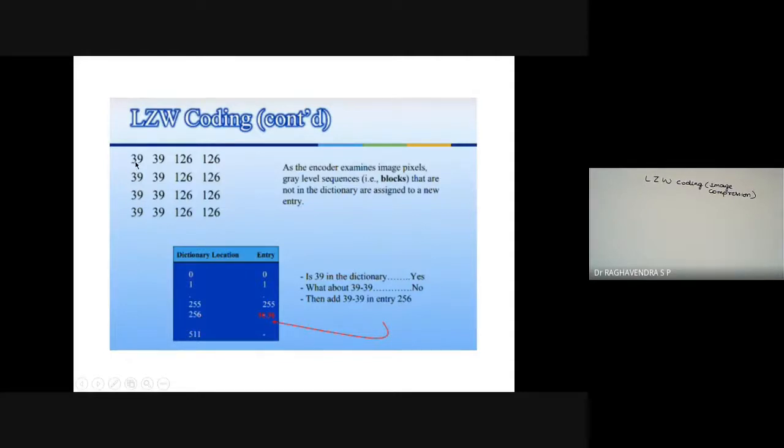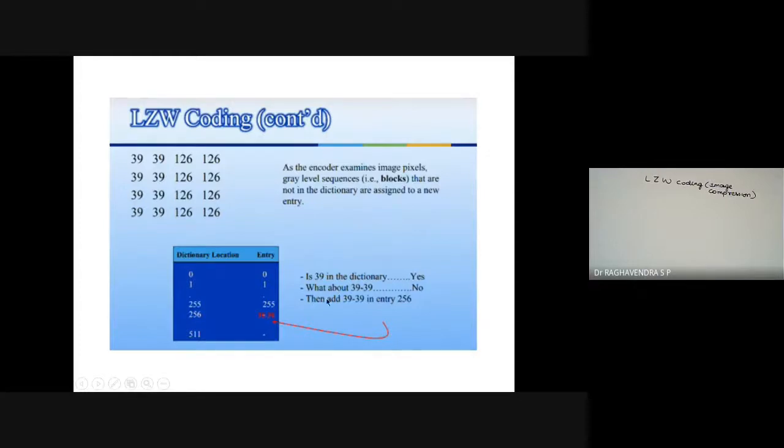Once it examines the pixels, the gray levels, the blocks that are not in the dictionary are assigned a new entry. For example, we have 39 and 126. So 0 to 256, all the information is present here. It means 39 will come and 126 will also come under this bound only.